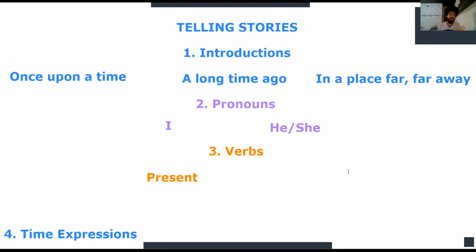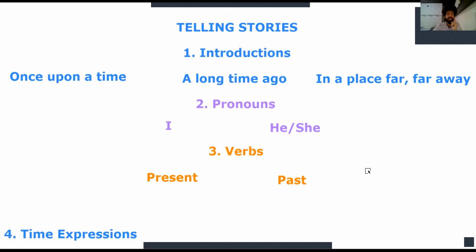Eu já escrevi histórias no presente também. Eu acho estranho, mas eu já escrevi também. Depende muito do que você quer com sua história. But the present is an option. And the second one, naturally, is the past, which is our focus in our classes. Because we are working with past, simple past, past continuous. So the stories we're gonna make are going to be in the past. All right? I'm just showing you that there is present as an option for you to learn more about telling stories in English.